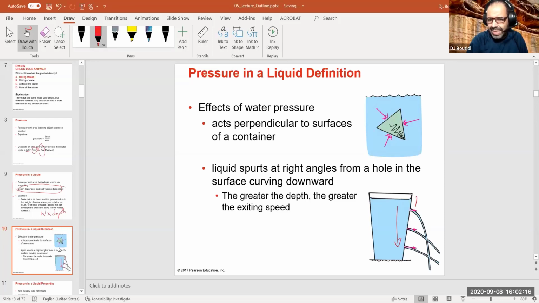And the fluid exits from here at a higher velocity. So this is like a projectile, like you throw a rock. If you throw a rock with a smaller velocity, it's going to land not too far. You throw it with a higher velocity and it's going to have a higher range. So again, that's projectile motion. Think of each particle of the fluid coming out as a projectile, one with less initial velocity than the one at the bottom because of the tremendous pressure from the fluid above.